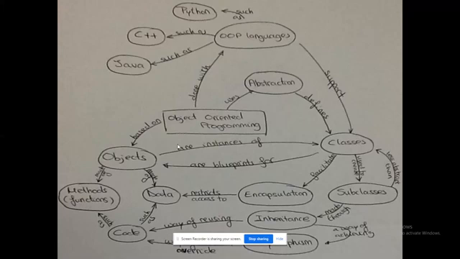Classes can have subclasses too. I can reuse the class. That's inheritance. I can create multiple forms of the class. Simple: I'm writing a program that performs addition of 2 numbers. The numbers may be integers, floating point, or double. It may be any data type. So a single code will work on multiple types of data. That's what polymorphism is. All these features come under the section of object-oriented programming.